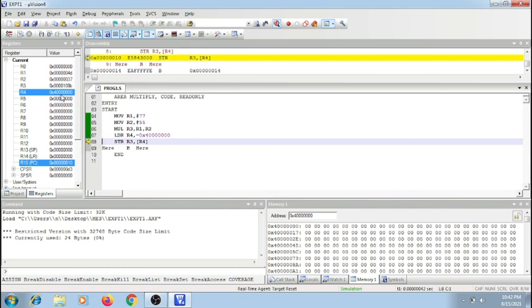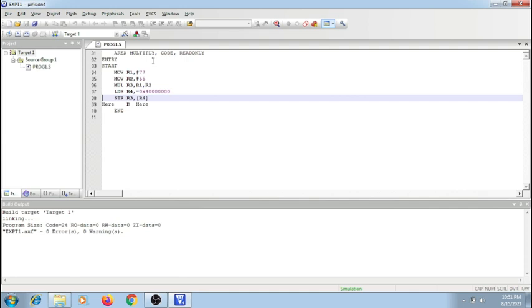Next, if I execute the store instruction, the resultant multiplied value available in R3 register will be stored in the internal RAM, which is pointed by R4 register. So if I execute that, the resultant value, which was 108B, got stored in the internal RAM's starting location. As you can observe here, the value is stored in the Little Endian format as 8B10. So this is the way you execute a simple assembly language program in the Keil ARM environment.